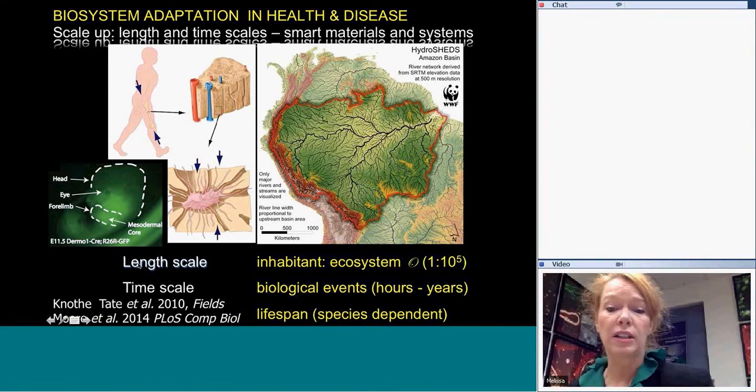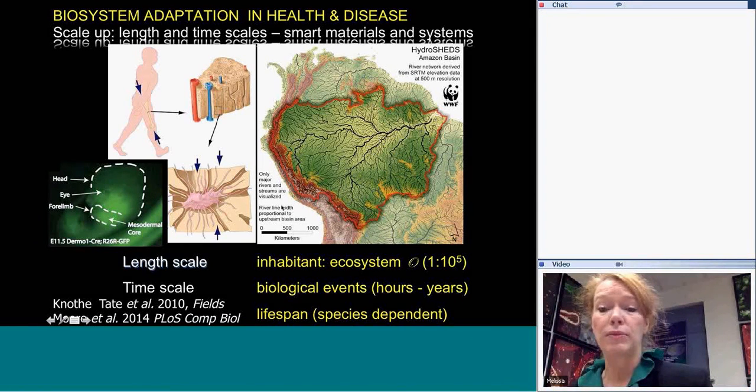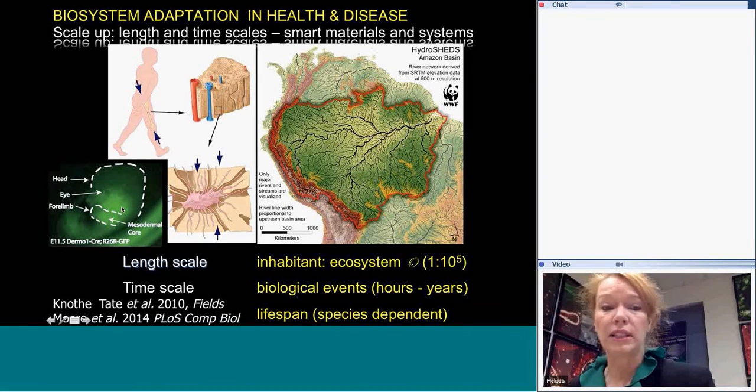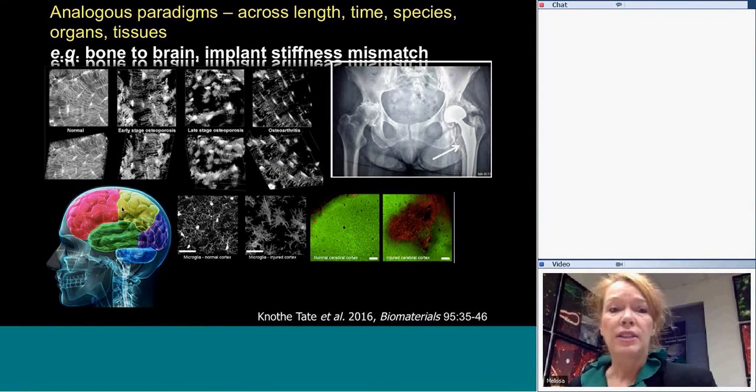And just for this comparison here, if we look at the length scales and the time scales between an individual osteocyte here in a human bone and a tree in the Amazon rainforest, the orders of magnitude of length scales are relatively similar. If we think of the rainforest, the lifespan of the rainforest goes over millennia, just like the evolution of our skeleton has developed over millennia. An interesting aspect of this approach is that there are analogous paradigms across lengths and timescales, as well as across species, organs, and tissues. And recently we've recognized that this connectivity, for instance, here of these osteocytes in human bone,